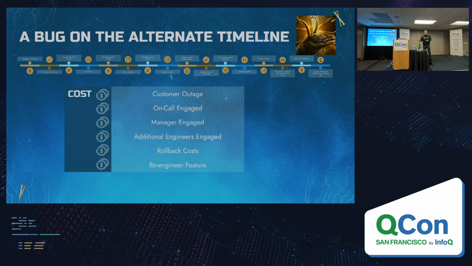Re-engineer the feature. Now we have to assign somebody new to go figure out what that original developer was trying to achieve, redo the work in a safe way, get it fixed. They've also got to make sure that whatever other commits got rolled back in that process, that we figure out how to get those reintroduced safely as well. And then the one that we don't talk about enough is opportunity costs, right? Every person who was involved in this event could have spent that time on something else that was more valuable to your business, working on other features, whatever it may be.